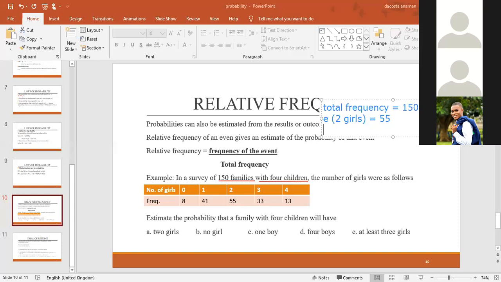So what is the probability of having a family with 2 girls? And that will be equal to 55 over what? 150. It's the same thing. The frequency of the event, that's what? 55. Thank you, Sandra. 55 over 150. And the answer, as Sandra has given,